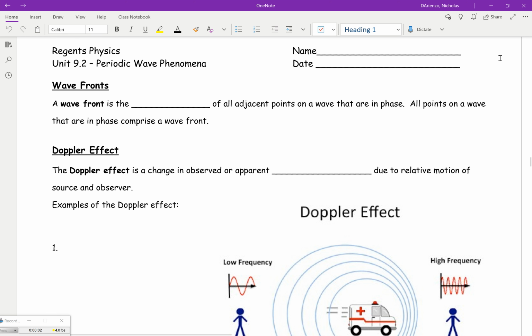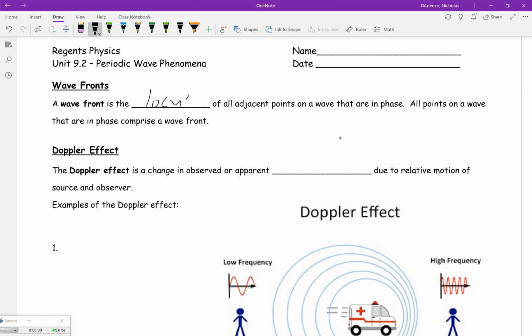Hey everyone. Today we're going to be learning about a few different types of wave phenomena and exactly how these contribute to our understanding of waves and how they're going to interact with each other. We first need to understand what a wave front is, and we kind of see this represented here in the image with the ambulance. And a wave front